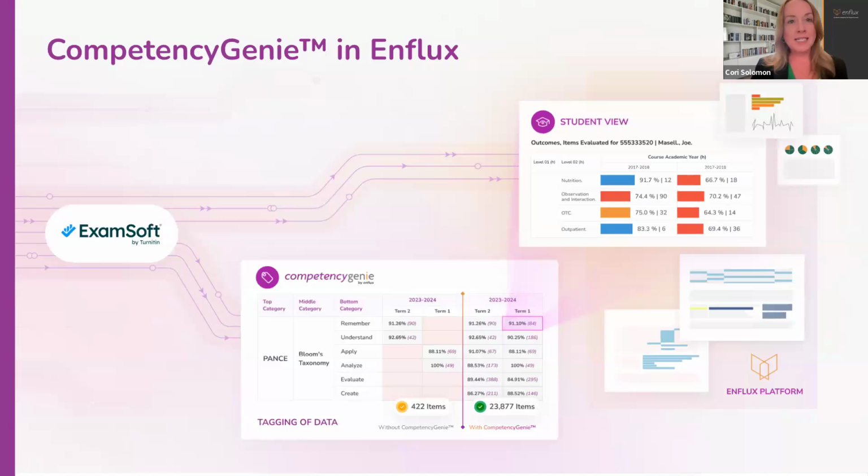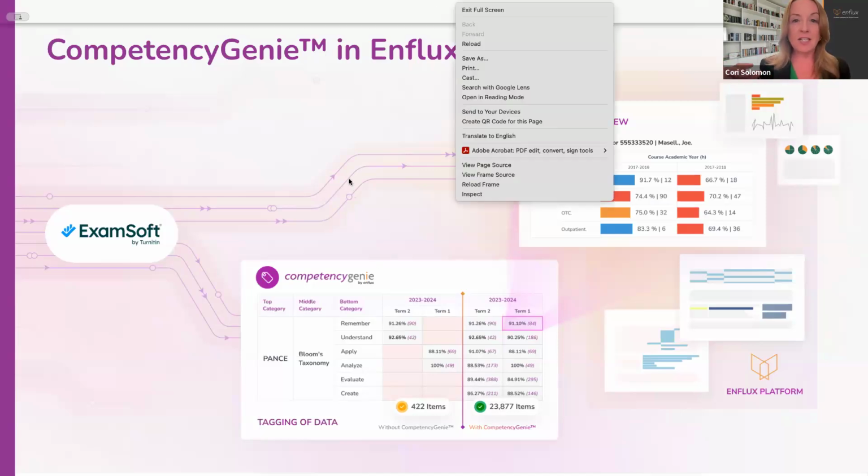When I say tagging, I mean you're in a tool like ExamSoft where you're adding your competency, a content area, a curriculum keyword, categorizing your course outcomes and objectives, your learning objectives, things like that. You can put that onto each individual assessment item. And so you can see, like, competency-based program outcomes of where we are assessing this specific content area or competency across all of your different courses and assessments.